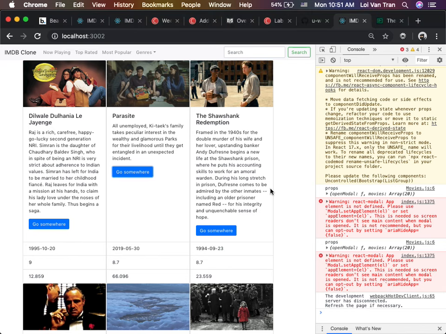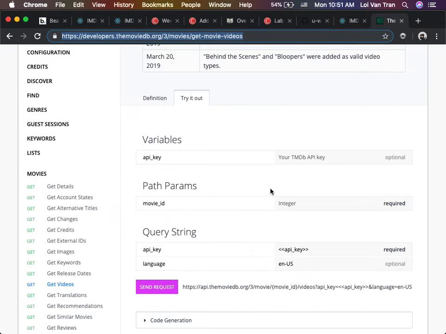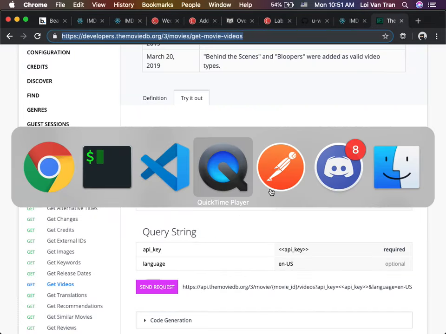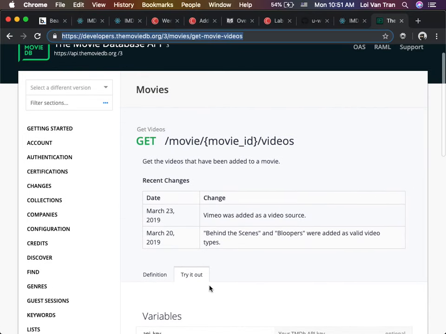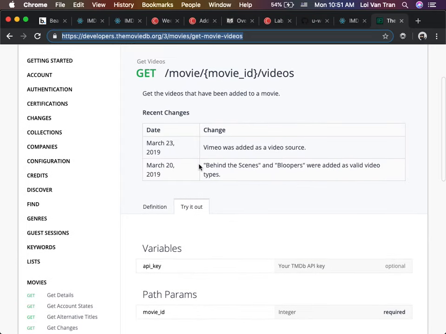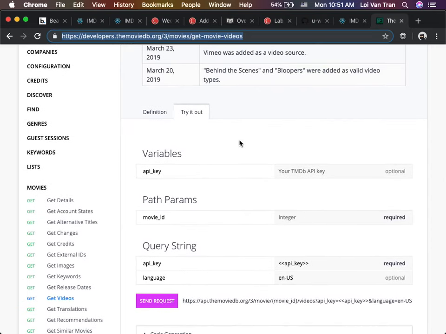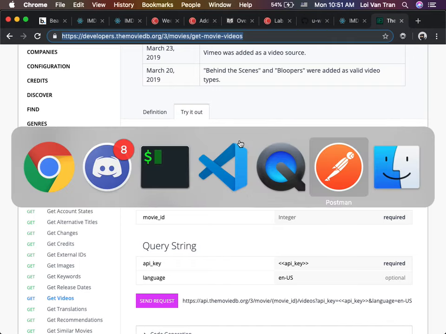trailer preview, right? So I'm going to tell you guys right now, you should go ahead and look at this right here. Let's go ahead and look at this documentation. I found it for us. This is how we can make a request to this API to get a list of movies, right? A list of trailers for each movie. I'm sorry, this is where it's confusing. This is the API. You got to read the documentation. I know this can be confusing, right? This is quite confusing, even to me, and I've done this for a long time.